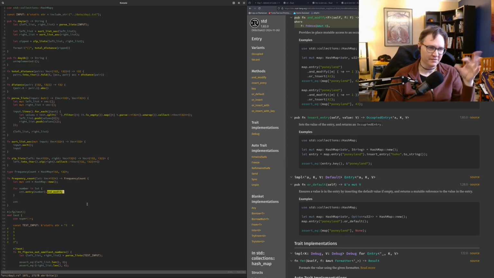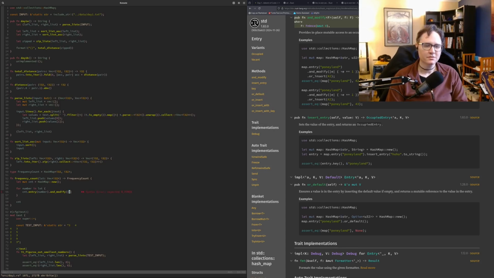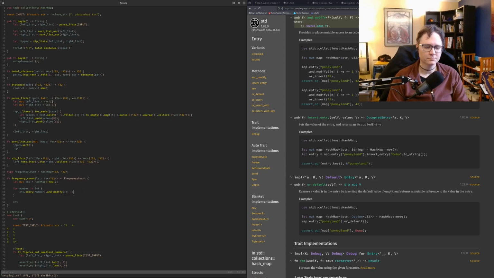If we call and_modify on this thing that might exist or might not, this and_modify function will only occur on an entry that does exist. So we'll say e, and in this case, they're doing almost the same thing we're doing. So e should be, yep, a mutable reference to an I32. And we're not returning anything, so we'll do that.